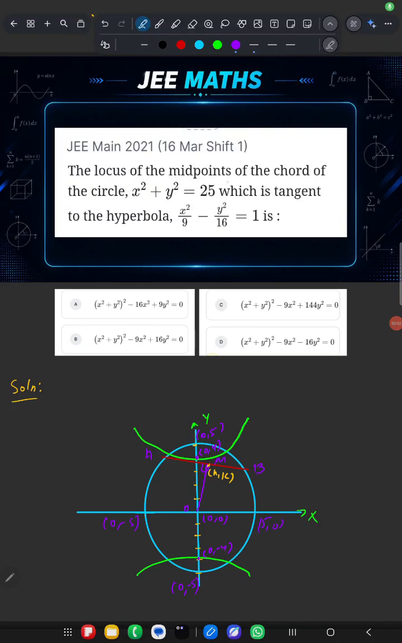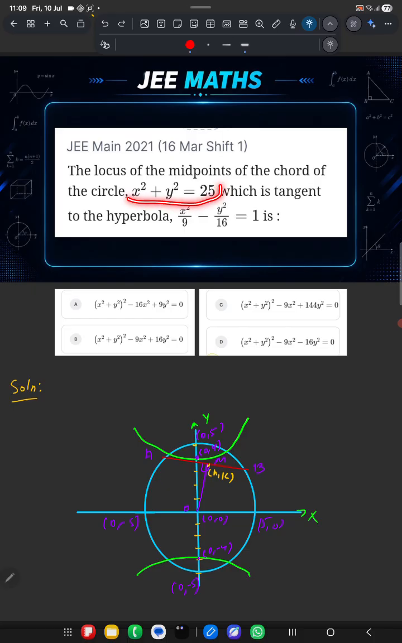Locus of the midpoints of the chord of the circle x squared plus y squared equal to 25, which is tangent to the hyperbola x squared upon 9 minus y squared upon 16 equal to 1, is. These are the options you have to select from. Now the point to keep in mind is that